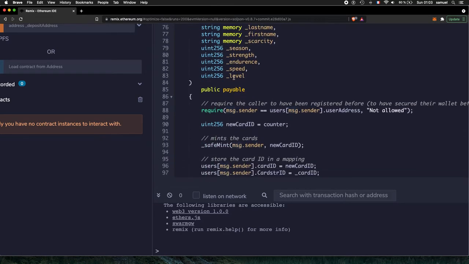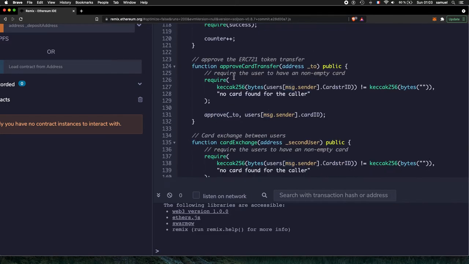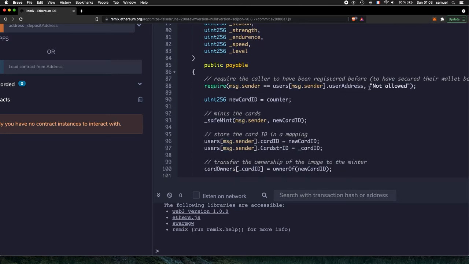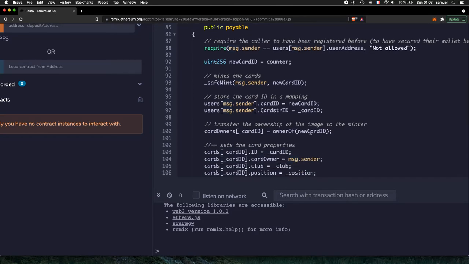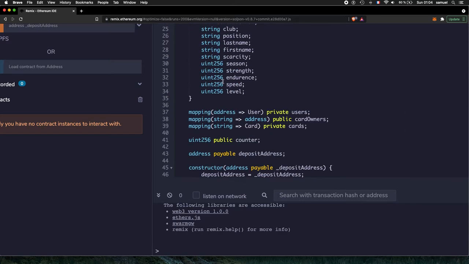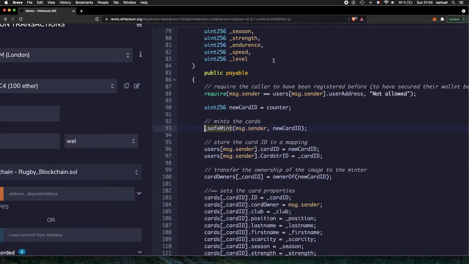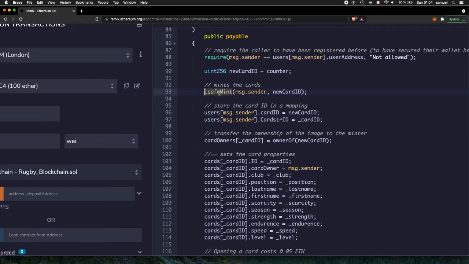So after the connection, then the mint card here. In the mint card, we require that the user has been registered first. Next, we can call the safe mint, which is one of the functions of the Open Zeppelin library that we just imported here. So here we imported the Open Zeppelin ERC721 contract here. So we call one of its functions here, the SafeMint function, where we put in as parameters